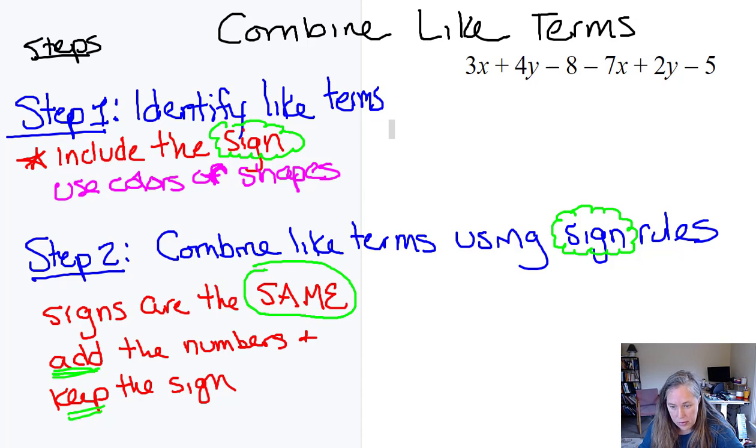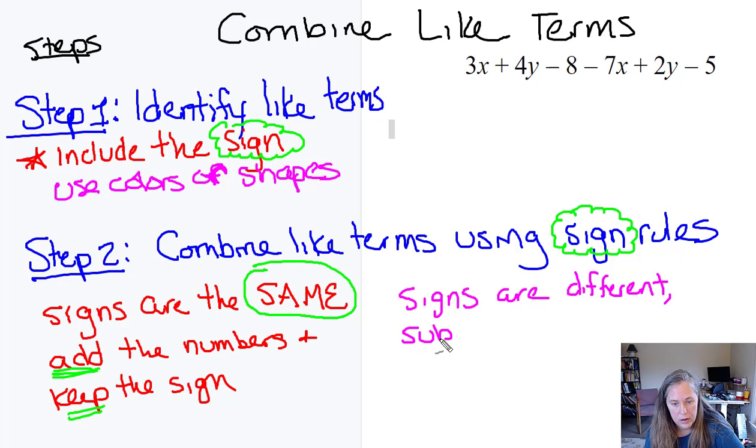I'm going to try to write this so that my little head in the screen doesn't get over it. I hope that doesn't happen here. It's hard for me to see that here. But when signs are different, subtract the numbers. You're going to do the bigger minus the smaller. And keep the sign